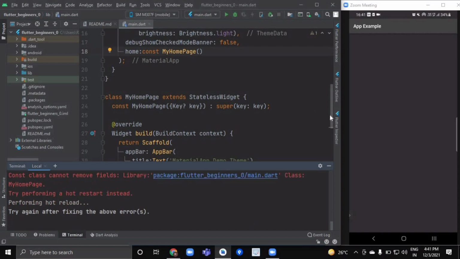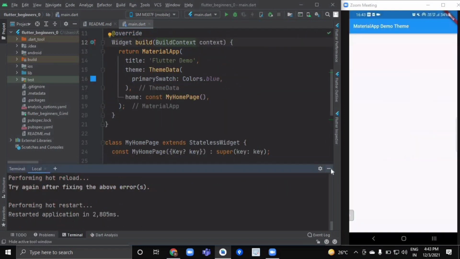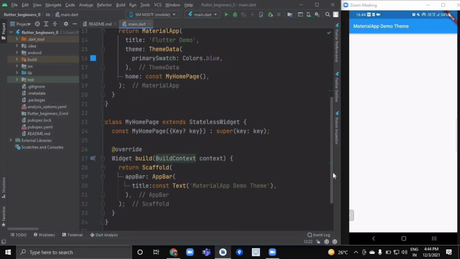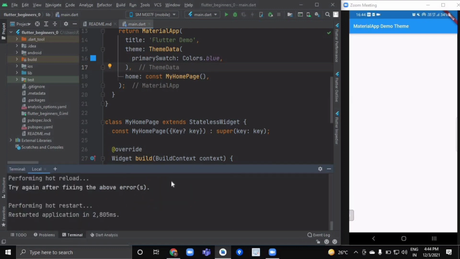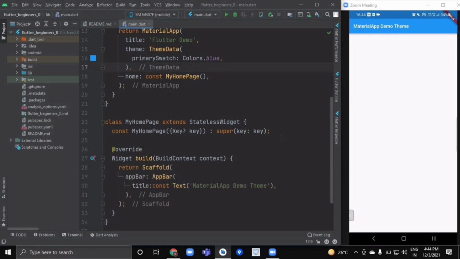So again it is showing me some error. So earlier the problem was not with the const keyword, it was because we had not given the home attribute the proper value earlier, so that's why we have to hot restart it. So hot reload won't work. If we are setting an initial route, then we have to completely hot restart our application, which we can do by typing capital R over here. So here we have created a beautiful app bar.